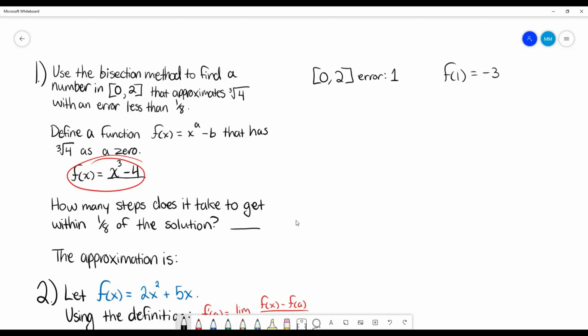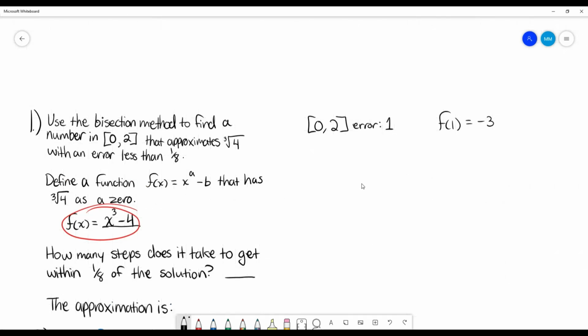And, well, first of all, we actually need to double check that we can even use this interval for the bisection method, because remember that for the bisection method to work, our interval has to essentially pass the intermediate value theorem, which means that one of our values has to be negative and the other has to be positive for us, when we plug it into our function,